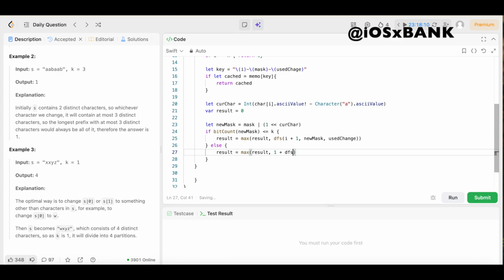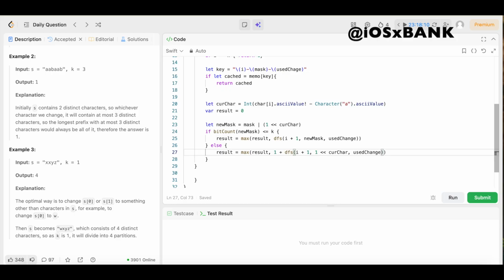Sorry, y'all. Boom. Boom. Okay. Then for option 2, if we still have the chance, we're going to try changing this character to